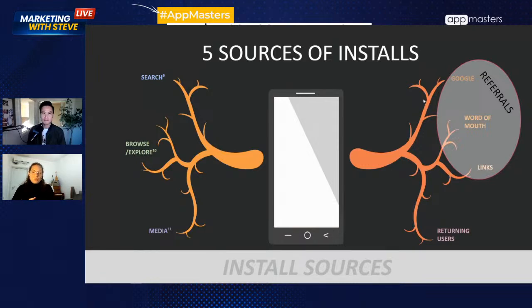What made the difference? Was it a keyword ranking? Was it word of mouth? Was it media that just increased my branded installs that actually brought me it? It's very difficult. The first thing I want to do is to see what the possible sources are, so that I can rule out by looking at the different data points in order to see what really happened. So this is basically the first step that I want to see. What's going on in each of these sources?